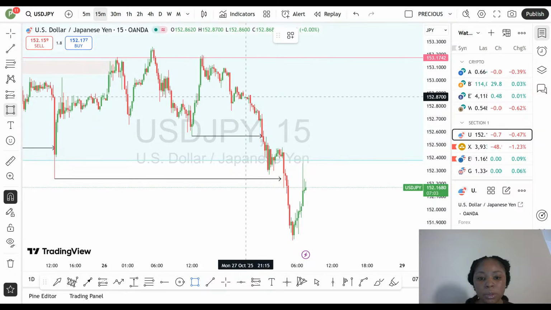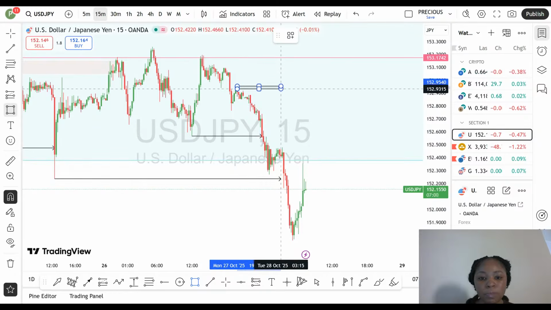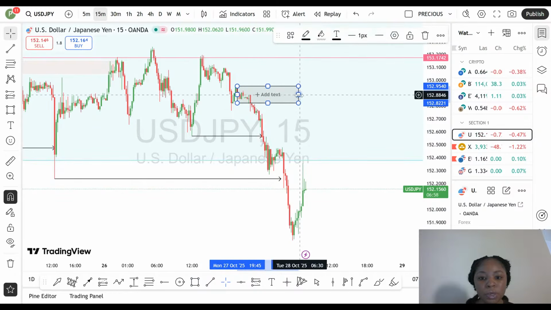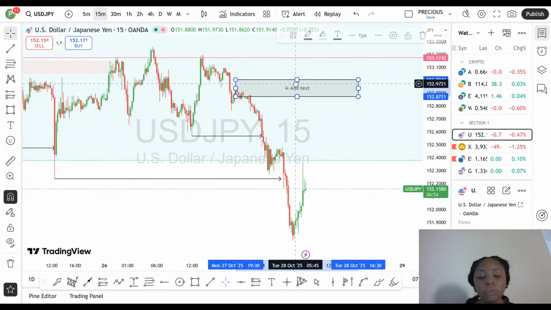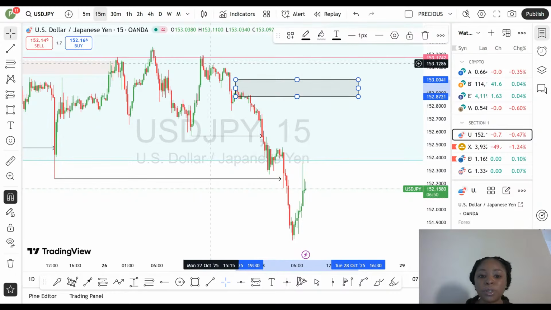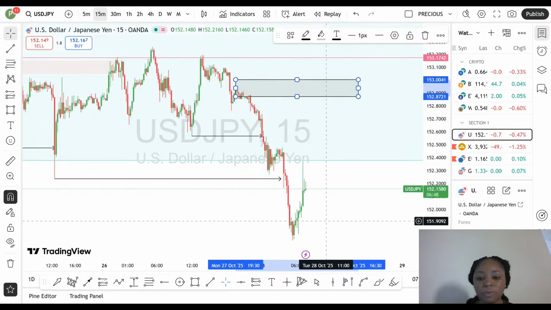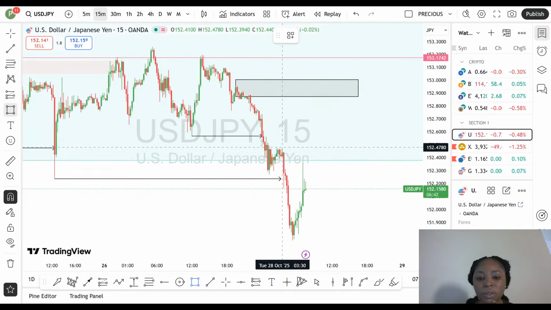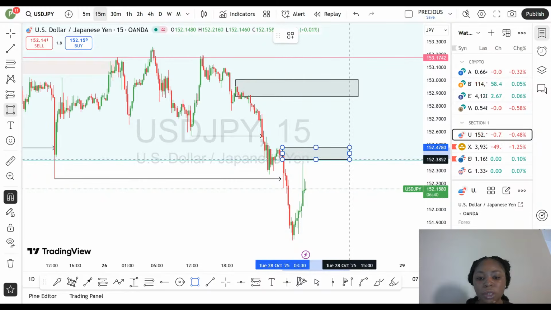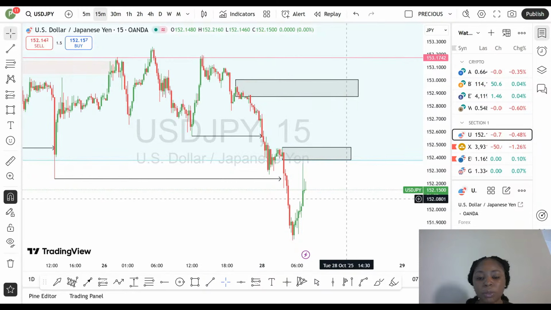So I'm going to mark out my order block from here. I'm going to use this region as my order block. Because I'm marking my order block here does not mean price cannot get to this level too and start selling from here. Or price can just not bother to come to this level and just react from this region here, start dumping, you know. But I want to take my order block from here